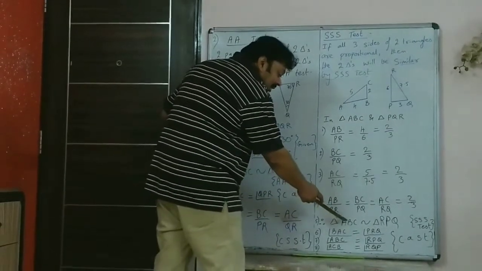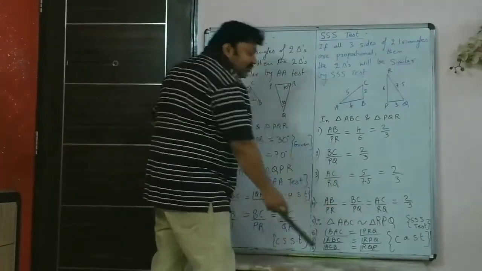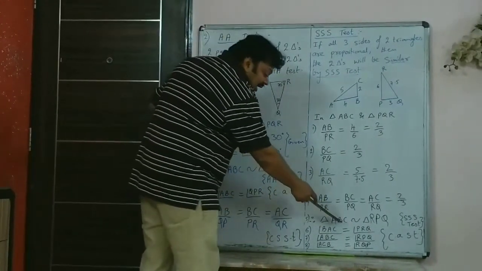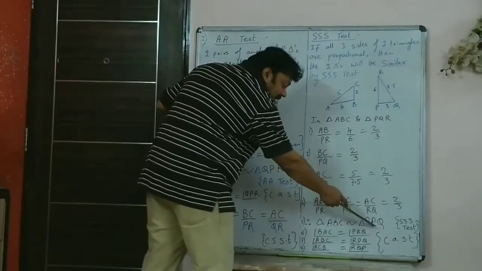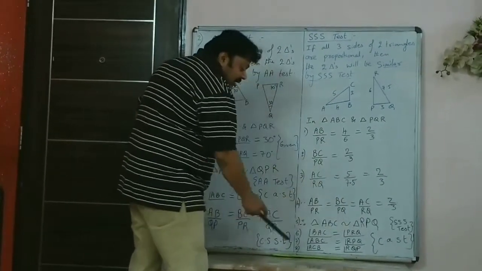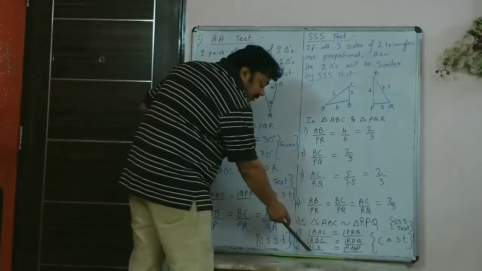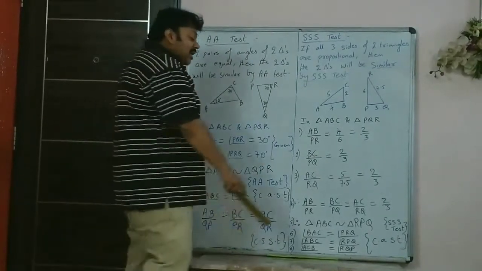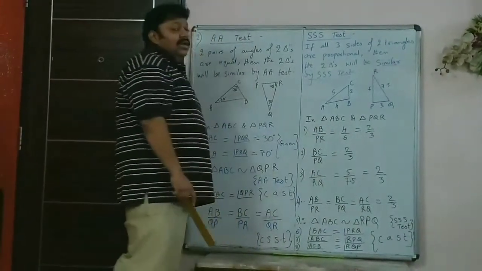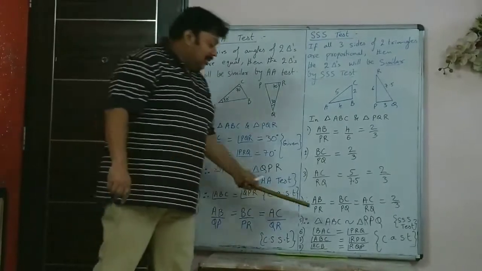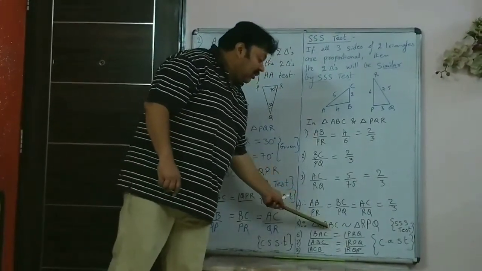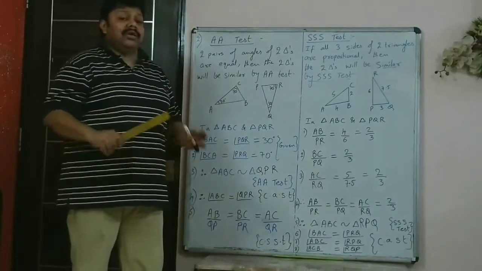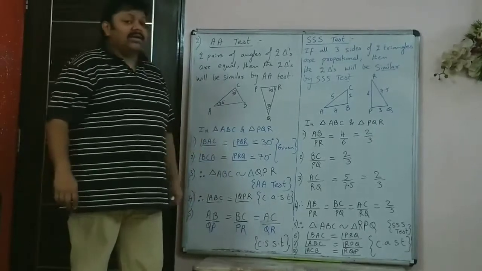And then we can directly say that the first alphabet with the first alphabet, that is angle A, is congruent to angle R. Second alphabet, angle B, is congruent to the second alphabet here, that is angle P. And angle C, the third alphabet, is congruent to the third alphabet there, that is angle Q. So directly the reason can be written as corresponding angles of similar triangles. But writing it this way is possible only if the one-to-one proportionality is correct. Only then can you write it in that form.